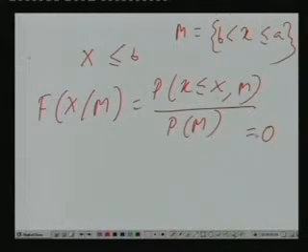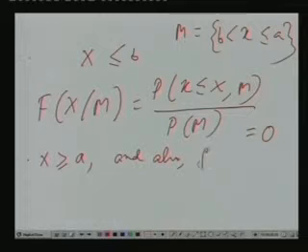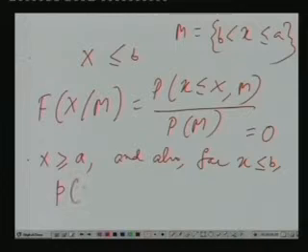Okay. So, corresponding density will be what? When this probability distribution function is 1, that will be 0, when this is 0, that will be 0, and in between it will be just the derivative of this, and then the derivative will be what? That is for x greater than equal to a, and also for x less than equal to b, p of x given m is 0,